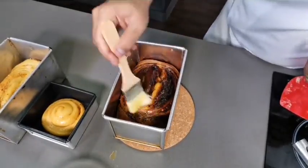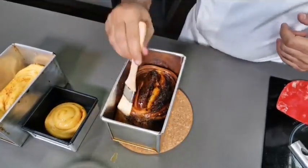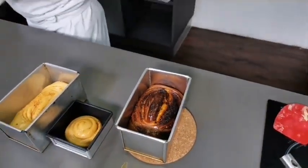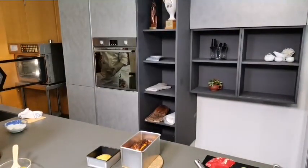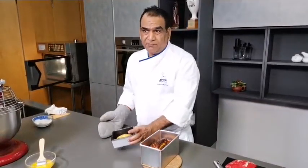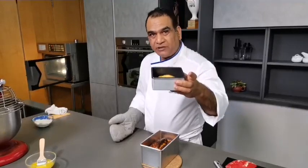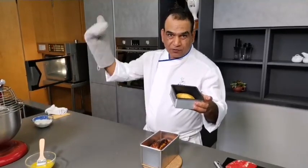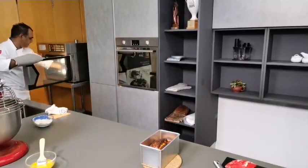In case you like butter, you can always do a nice butter coating on this part. I'll be using these two breads to go to the oven. In the oven, I normally use about 170 degrees, but if you're only making the small one, I'd rather go for about 190 degrees for about 8 to 9 minutes, and then I see if I need more. I don't go for 170, 175. If I make a bigger loaf, then the temperature will go from 190 to about 170, 175. So always keep in mind that when you're making a small one,